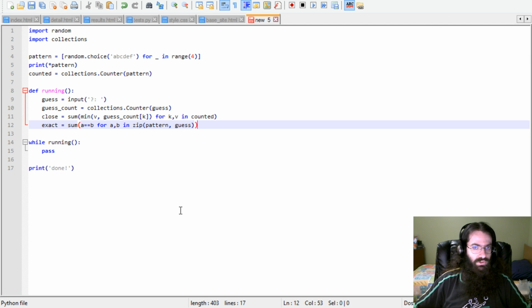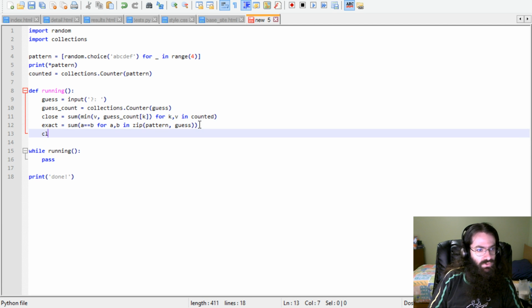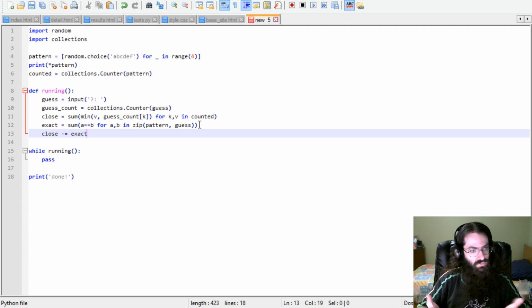So we're going to go through both of those together with the corresponding first element and second, third, fourth. And for each of those pairs, we're going to check that they are equal. And we're going to find the sum of how many are exact matches. And then we do close minus equals exact. This is shorthand for close equals close minus exact, because the ones that are exact have their own indicator. And then